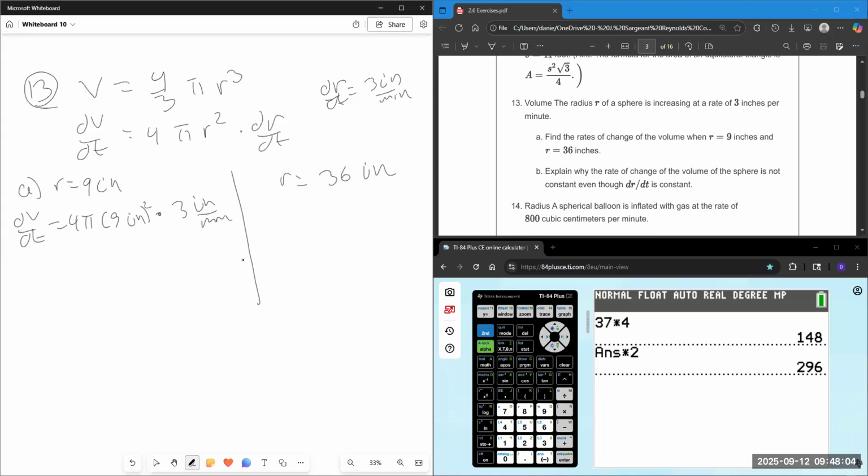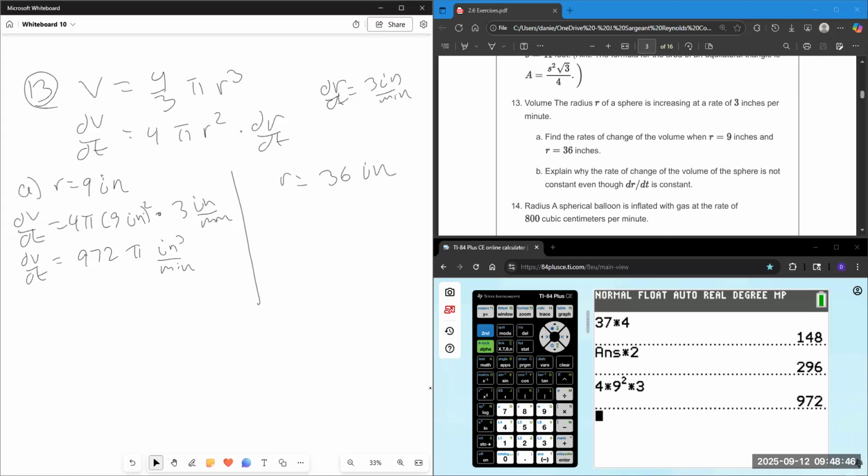dV/dt is 4 times 9 squared times 3, which is 972 pi. And you have inches cubed per minute. That makes sense. That's a unit of volume, in cubic units, over a unit of time. So that's what I expected. So 972 pi